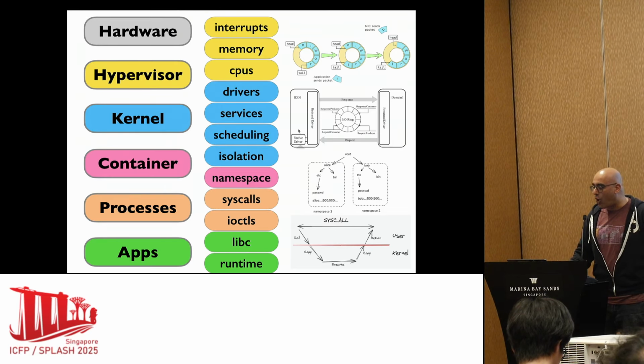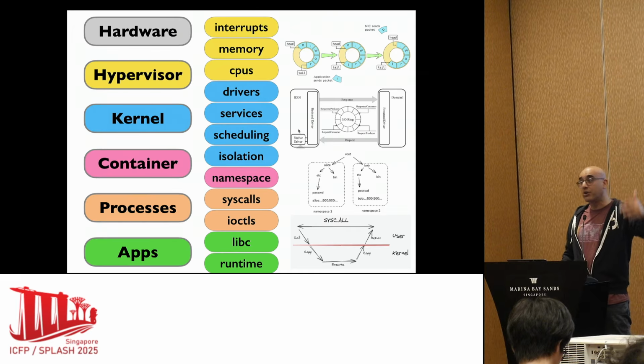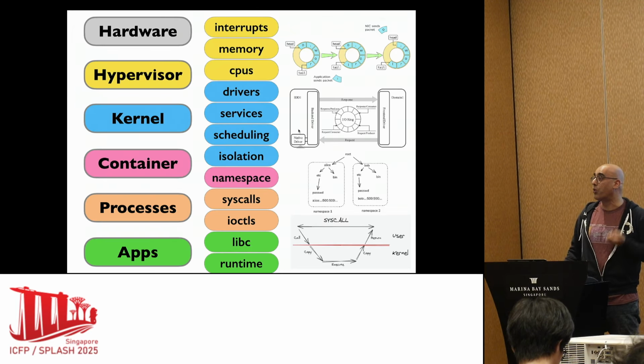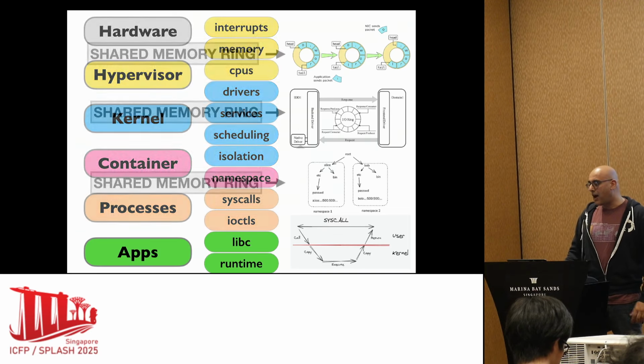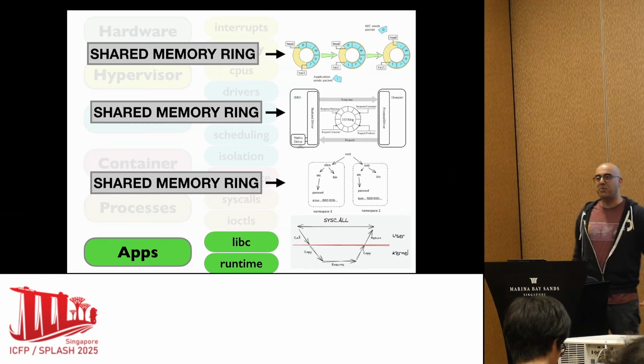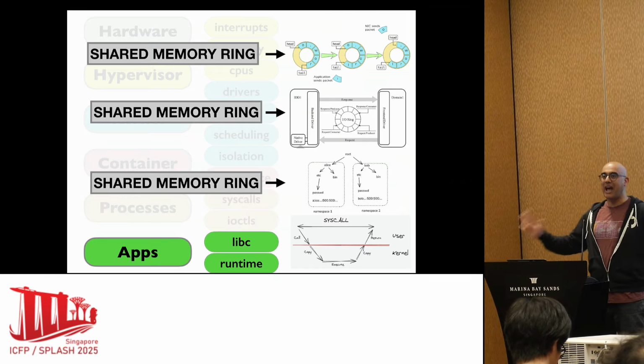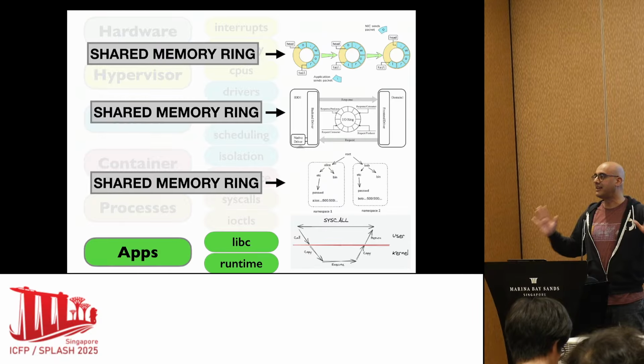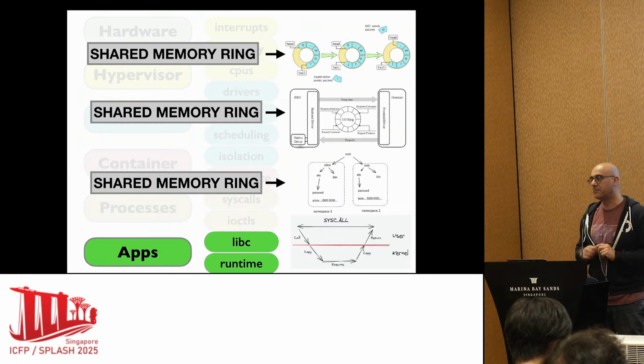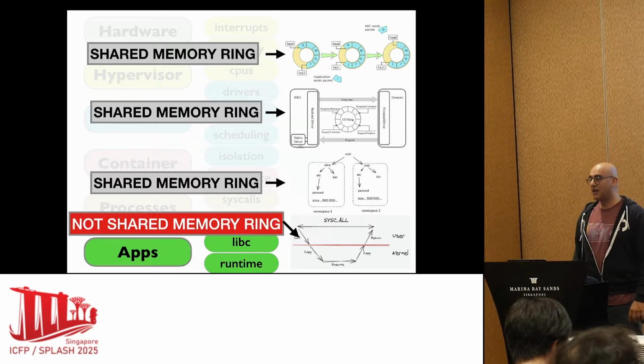But all of these things are where you have to go through in order to just send a packet or read a block from disk. It's just most of the time it's hidden away. Now, we have a bunch of shared memory rings here. And this is how computers stay reasonably fast and how we can partition up resources. Until POSIX